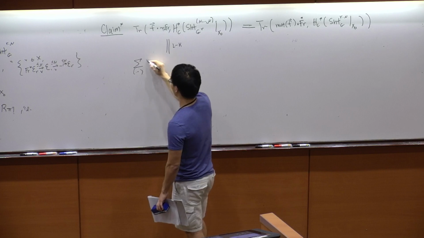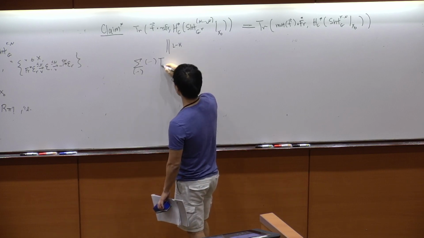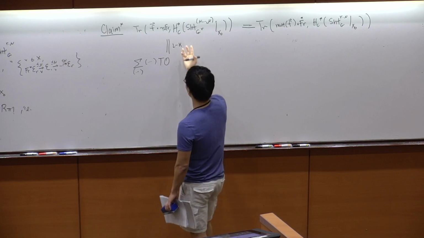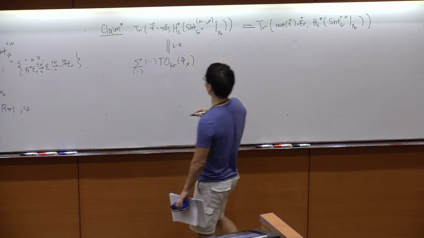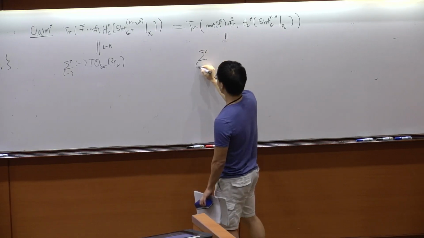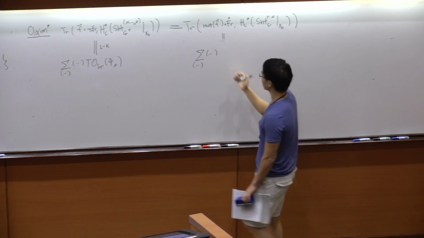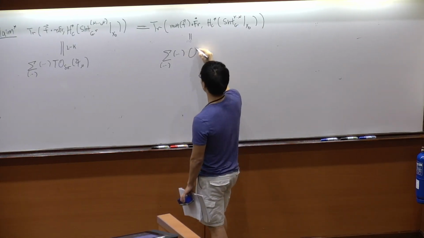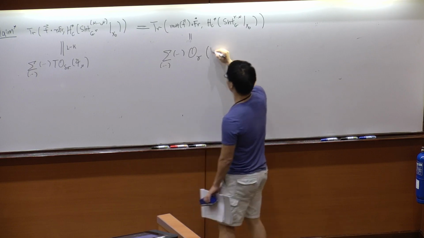So there'll be a sum over something, a bunch of factors, and then what turns out to be the case is that on this side you see a twisted orbital integral of some function, and on this side you get something very similar, a sum over the same things, with all the local factors being pretty much the same, except that here you get an orbital integral of a base change function.